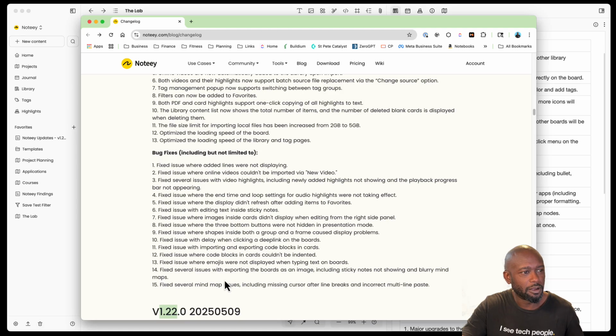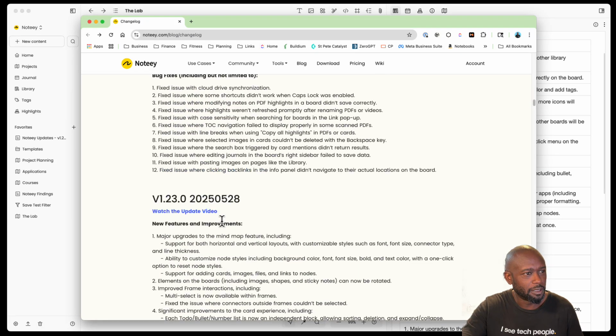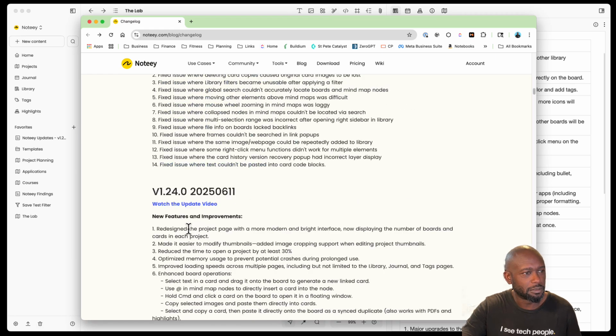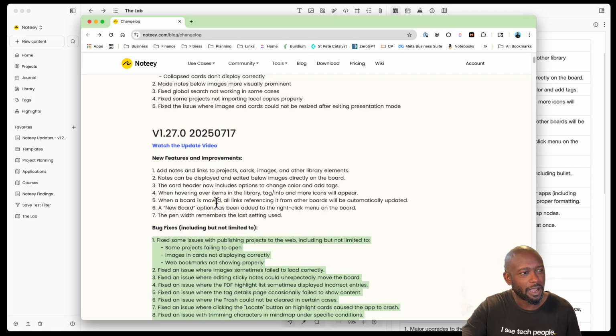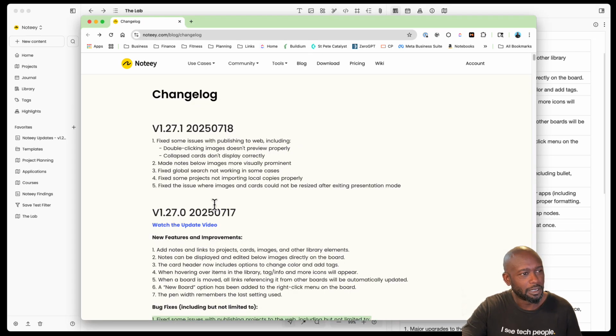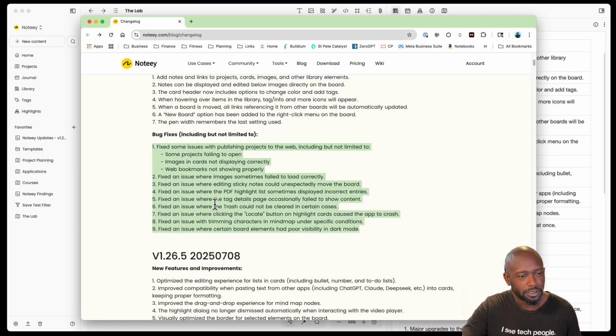I will say off the bat that there has been a lot of bug fixes. So if you go through the changelog here, you will see just a bunch of bug fixes that have happened. The product is getting much more refined, starting to improve a lot, squashing a lot of bugs. There are some areas still that are in the process of being improved on, and the one big area is the publish to web. There's still some things that need to be polished off and refined in the publish to web area, and once